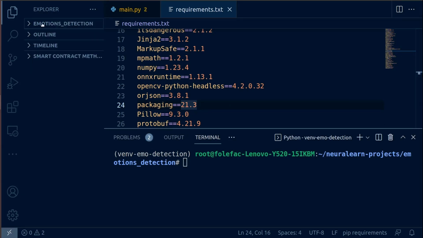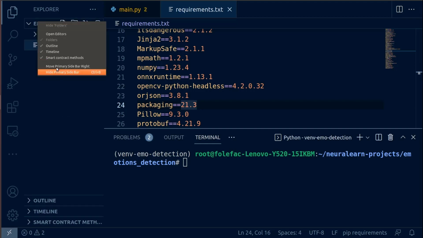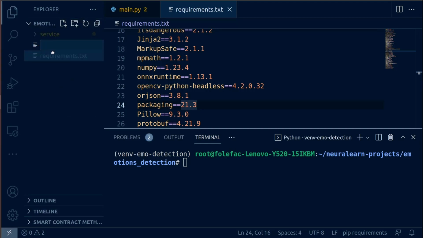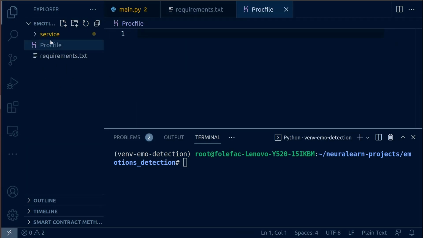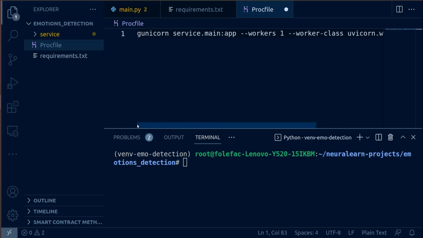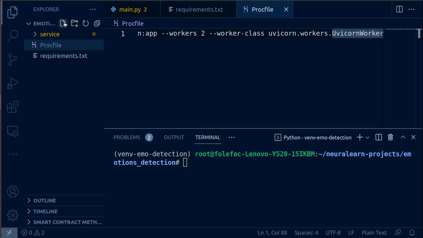the next thing we'll do is create this Procfile. So in here we have, well, new file, so call this Procfile. There we go. See, it recognizes that already. And then what we'll do is paste out essentially what we run each time we want to launch our server. So we have web, and that's it. So here we specify the number of workers to 2, and that's it. So here we have Gunicorn service main app, number of workers set, worker class set, and that's fine. So let's save this too, and then we create another file,